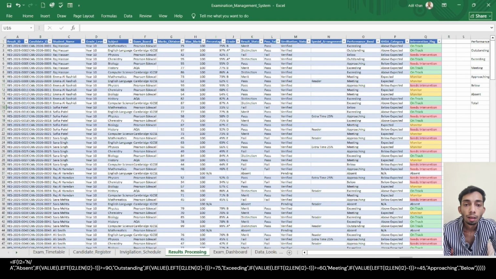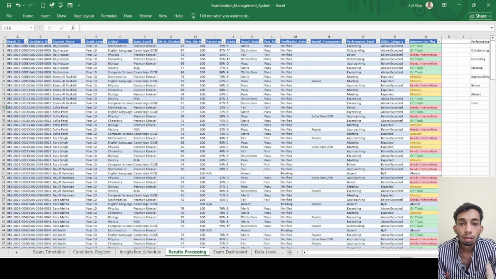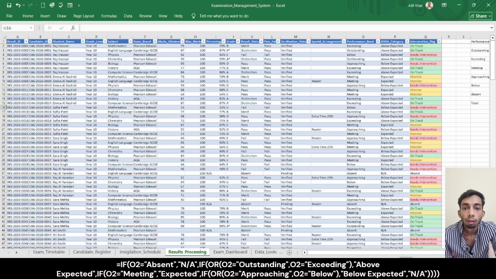These 5 bands directly mirror the performance language used in KHDA school inspection reports in Dubai and the broader UAE. When a KHDA inspector asks for a performance breakdown, this is the exact categorization they expect to see. The KHDA category formula takes the performance band one step further and maps it to the 3 categories used in